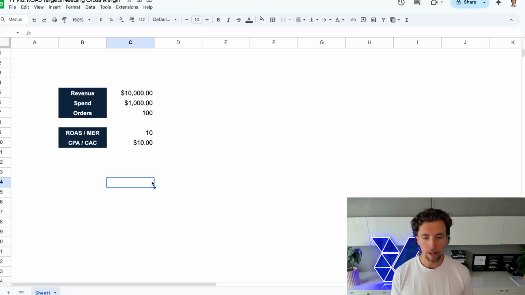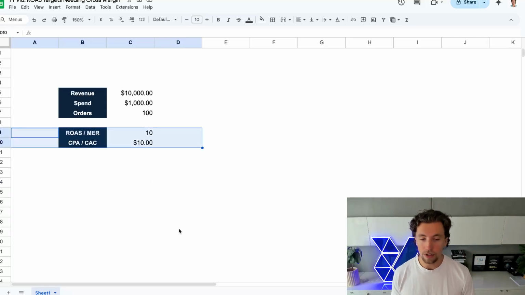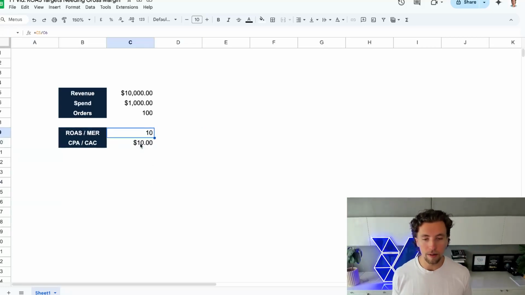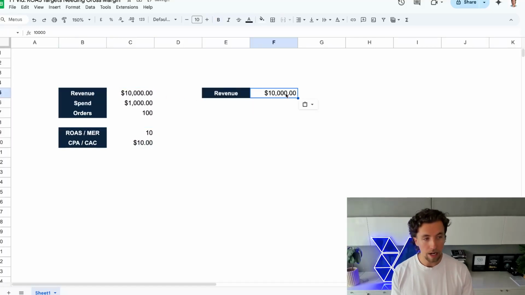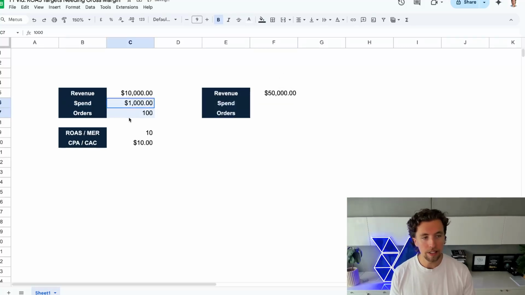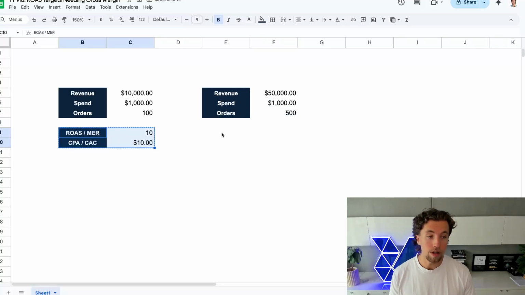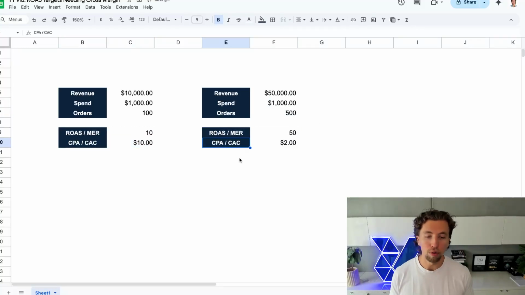But if you actually want to do any kind of volume, if you actually want to scale the business, you are going to have to start taking losses in terms of this efficiency number. This efficiency number will have to come down. And this is where gross margin is absolutely critical. How far can we allow this to slip? If you're saying that you want to go and next month scale this up to $50,000, perfect. We know how to do that. We simply need to increase spend and then do more volume. But we know that ROAS and CAC will probably go up.